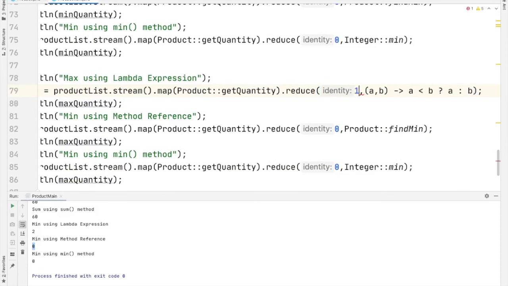We'll give a value 15 here, just greater than B. Here it is, find max. This is max.